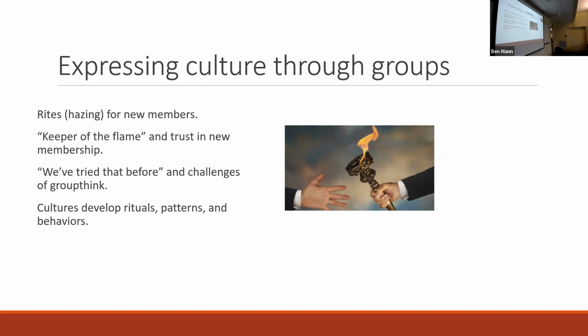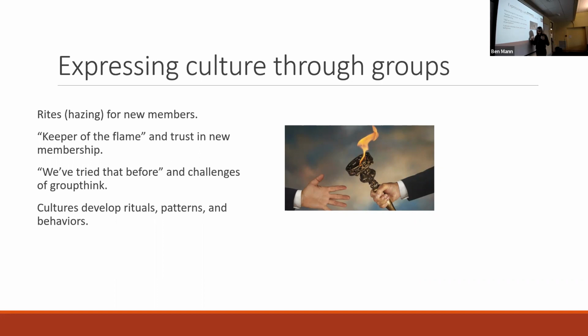Another key idea here is the idea of being a keeper of the flame. If you're involved in a club or activity here on campus, you're here as a student, but once you graduate, you're not going to be able to participate in that club or activity in the same way. Maybe you come back as a coach, or maybe you come back to offer some support as an alum, but you're not going to be able to be involved as a participant in that group in the capacity that you were before.